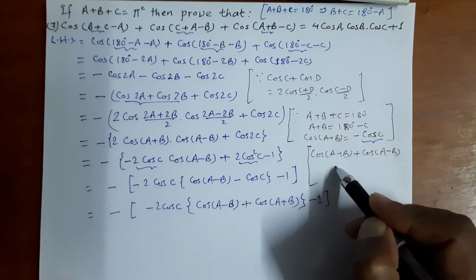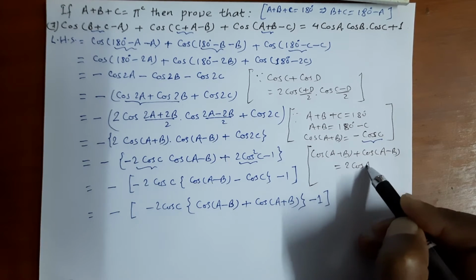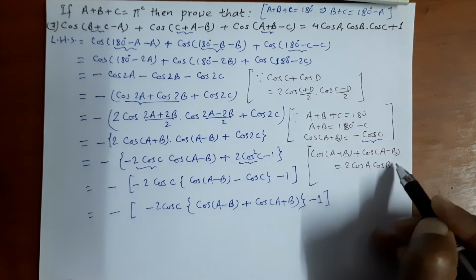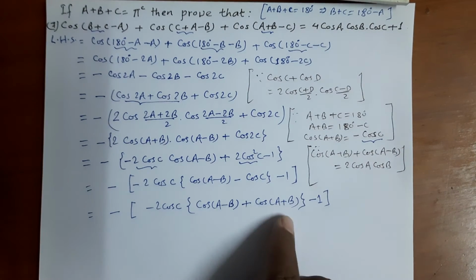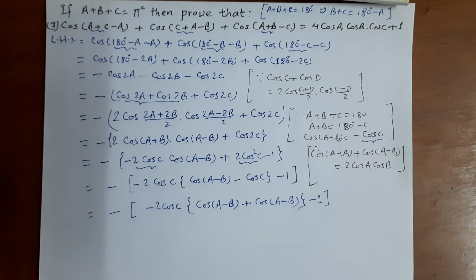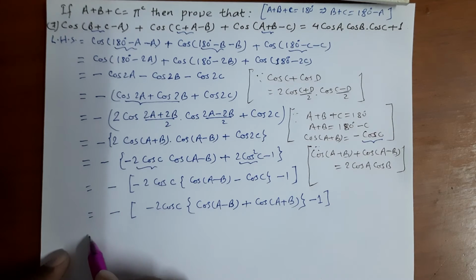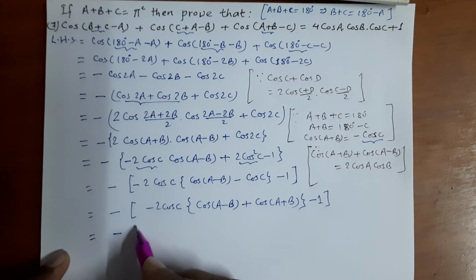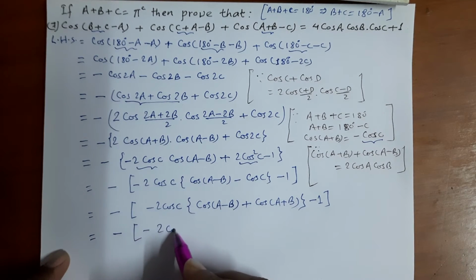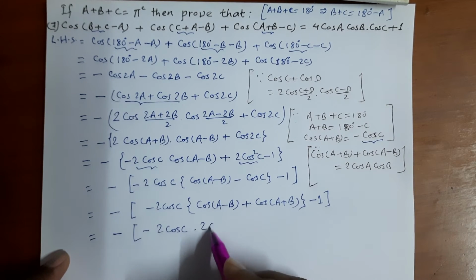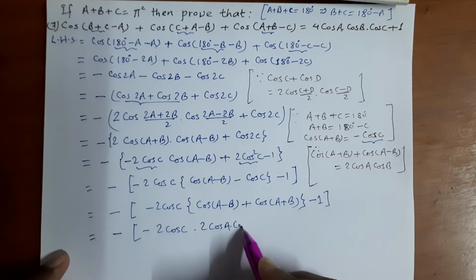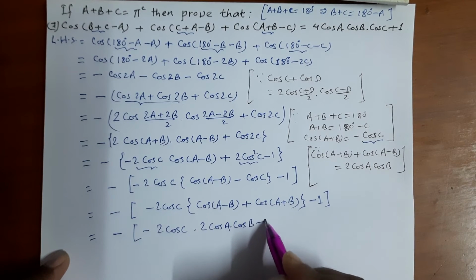The formula is 2 cos a cos b. We have this formula for cos(a plus b) plus cos(a minus b), so we can use that formula. Minus 2 cos c. The formula for this is 2 cos a cos b, and at last we have minus 1 there,